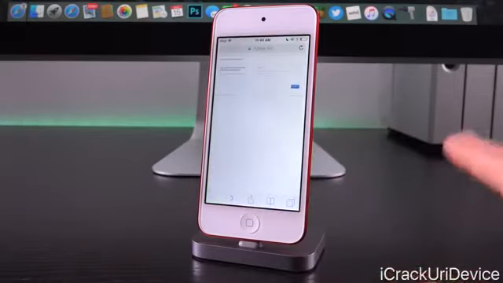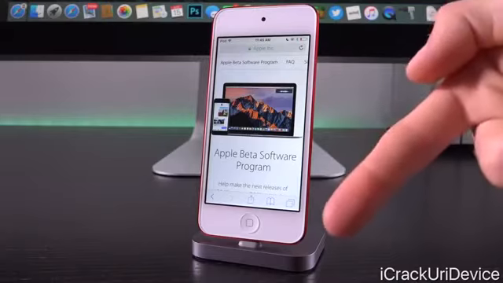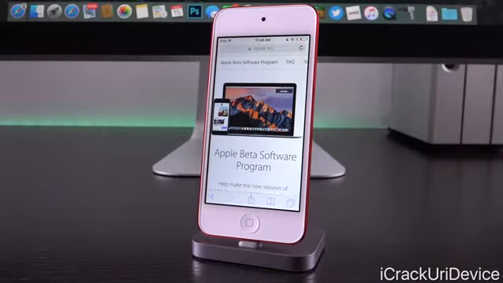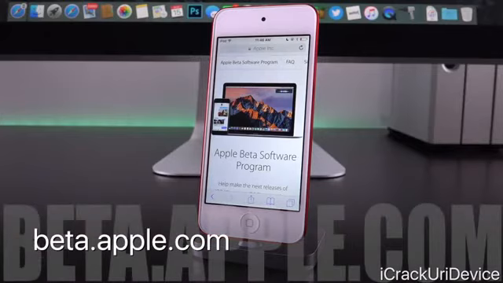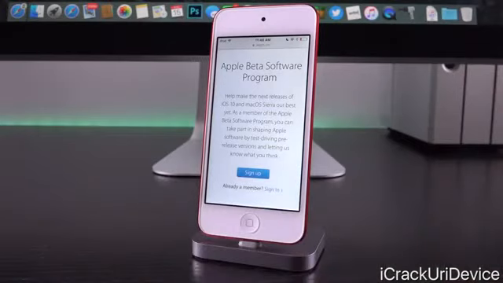First, just note that the only thing that differs throughout this entire process is which profile you obtain and how you obtain it. So down below in the description, there will be information on the developer beta profile. For the public beta one though, all you have to do is navigate to beta.apple.com, scroll down a little bit and tap on sign up. Then just log in using your exact same Apple ID that you use to download and acquire things either through the App Store or through iTunes.